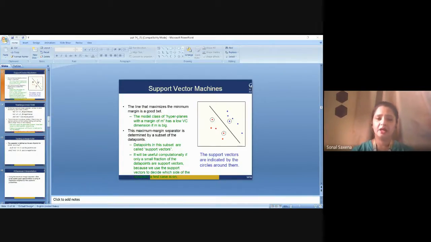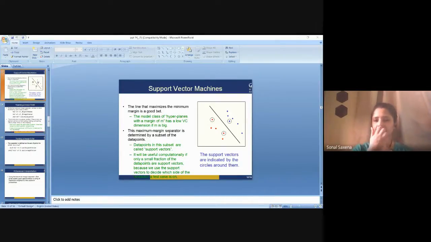Now, when the data are unlabeled, supervised learning is not possible, because we have seen that for a supervised learning algorithm, your machine should always know beforehand what exactly are the labels in which it is going to classify the incoming input vectors, right? So an unsupervised approach is required, which attempts to find natural clustering of the data into groups and then map new data to these formed groups, right?